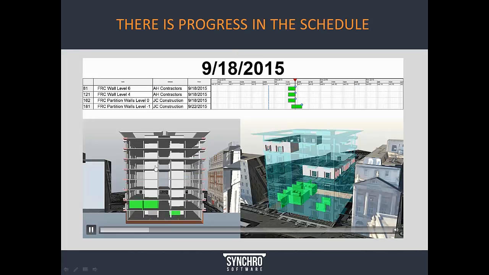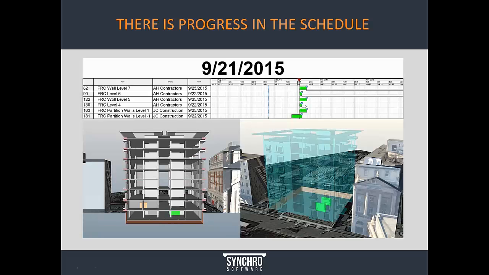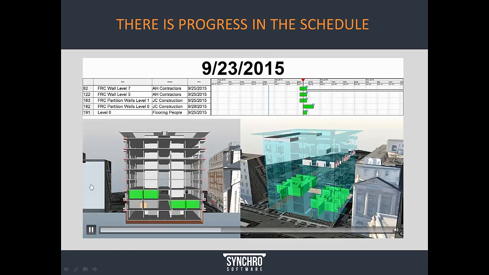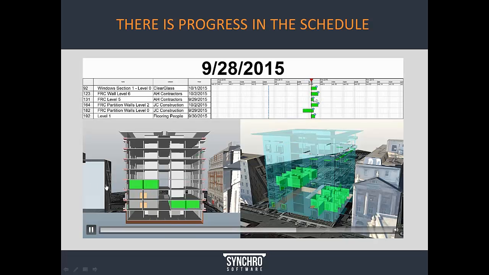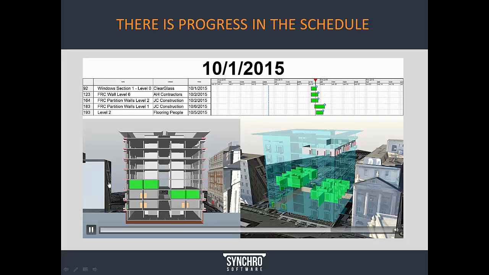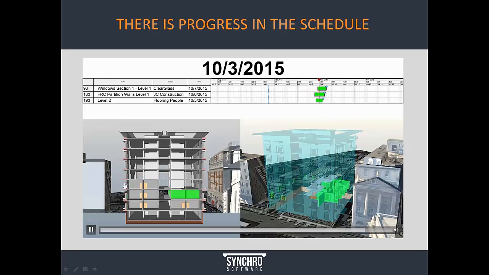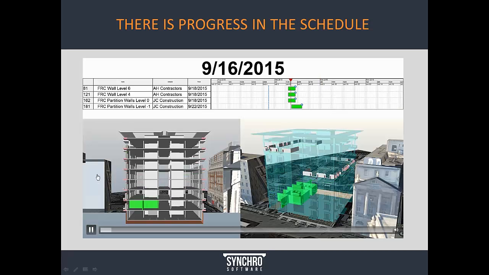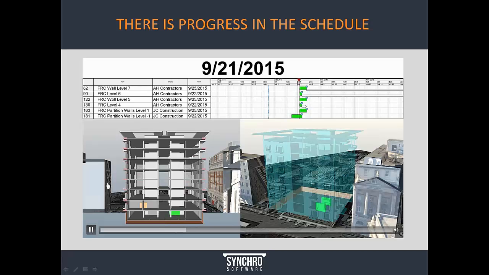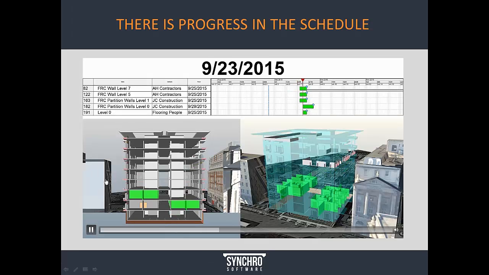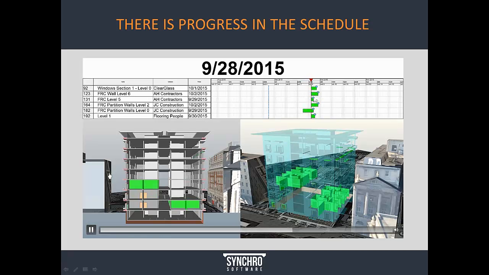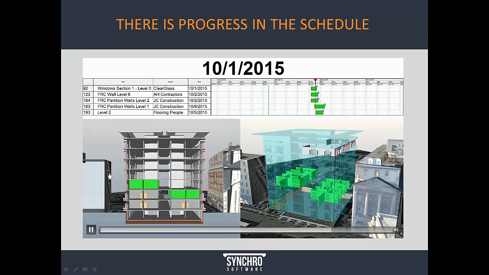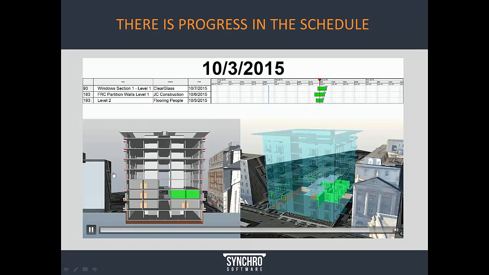There is progress in the schedule. Synchro's latest technology enables the ability to track progress of works at the job site via the API that's connected between the mobile technology and Synchro Pro to visualize these changes in real time in the program. And this is really valuable because this presents an easy way for teams to look at their specific area of work and on any given day look at exactly what was planned to be done and what was accomplished in the field. So there is progress in the schedule.